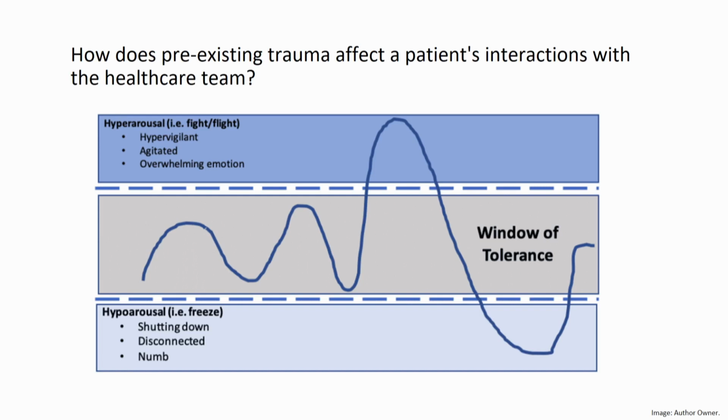But when we go outside this window of tolerance, we start exhibiting behaviors that may be considered disruptive or difficult. These can be the patients that are numb, shut down, disconnected, won't talk to you. These can be our difficult patients that are angry and agitated. But what's important to remember is that both of these outside of the window, these are survival mechanisms that an individual learned in a place of adversity, but they seem disruptive when in the clinical setting.